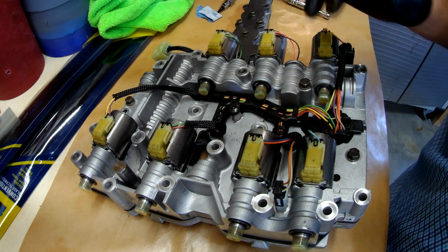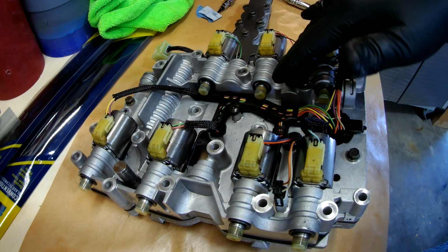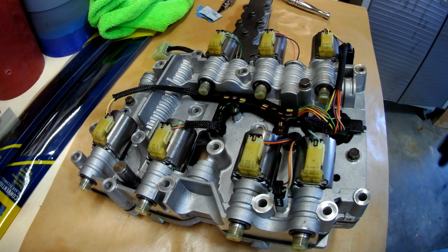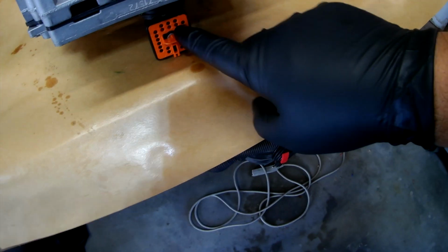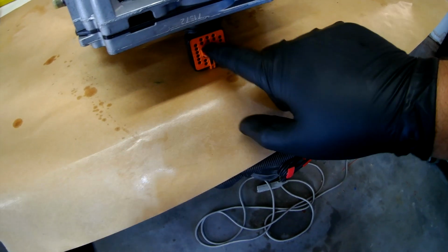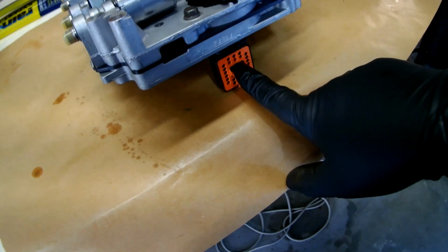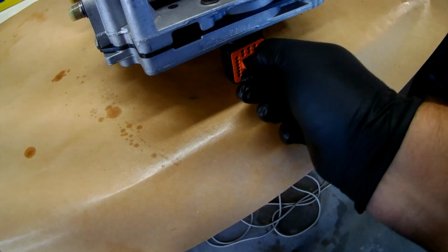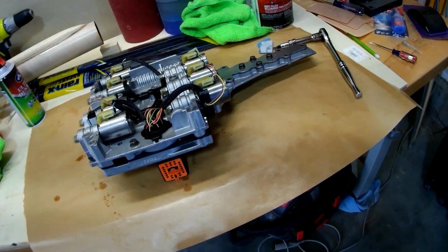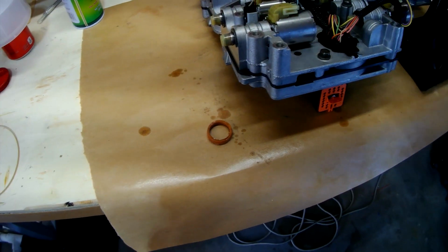We'll get back up under the vehicle with this, and we will go ahead and get it all tightened down, torqued down. One other thing here, make sure we remove this cover. This is just a cover to protect the pins in here. So before you try and connect the computer up, make sure this cover is off. So, all right, let's get out under the vehicle. One other thing before I go out under the vehicle,